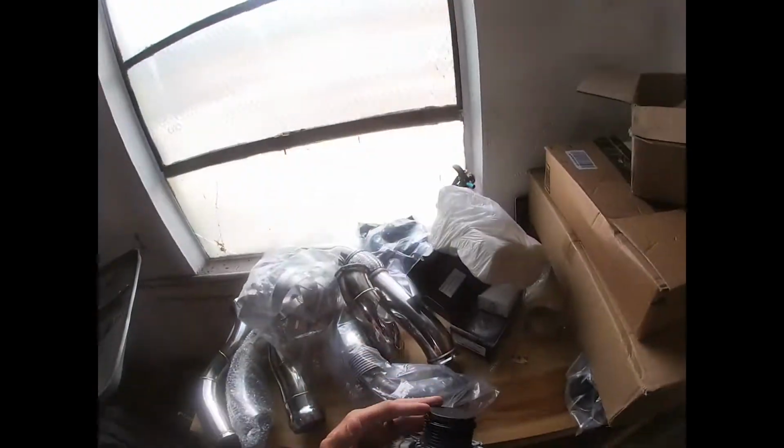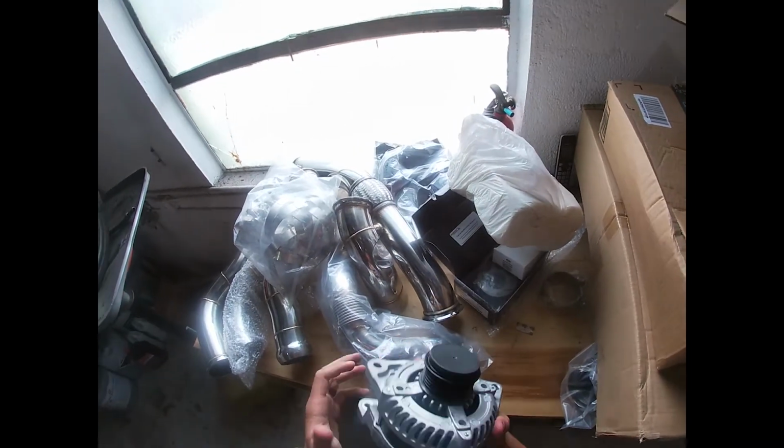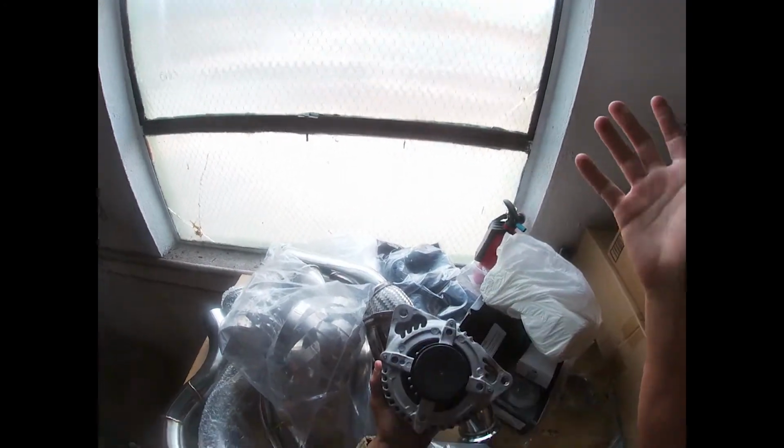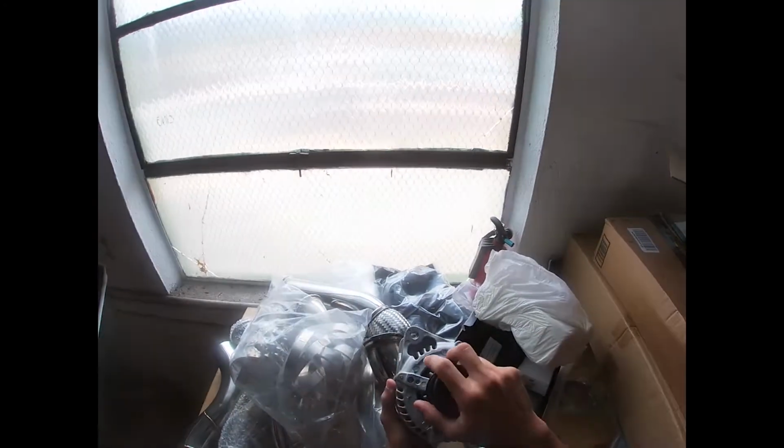Next box here we have, what do we have in here? So it looks like alternators. So yeah, if you guys aren't familiar with the kit, this kit actually requires you to switch the 2015 through 17 alternator for a 2011 through 2014 alternator, and that is due to the fact that this piece right here, this connector, typically it